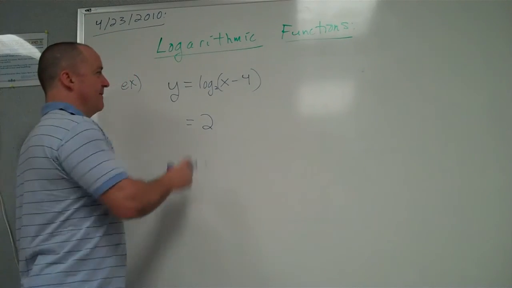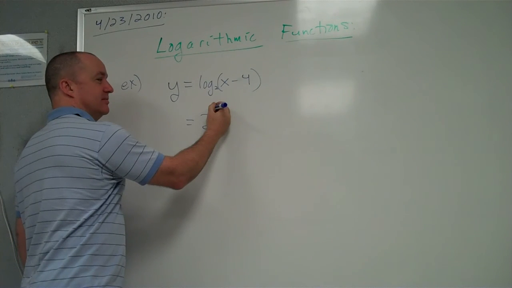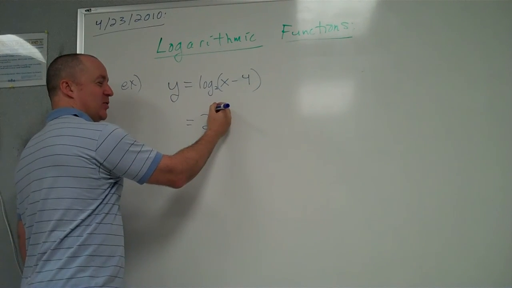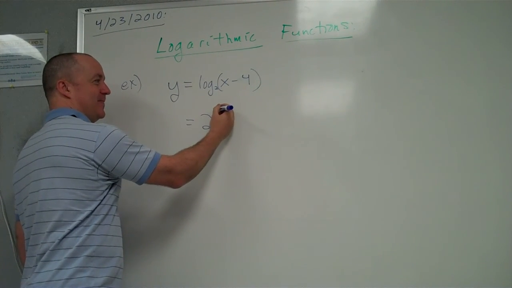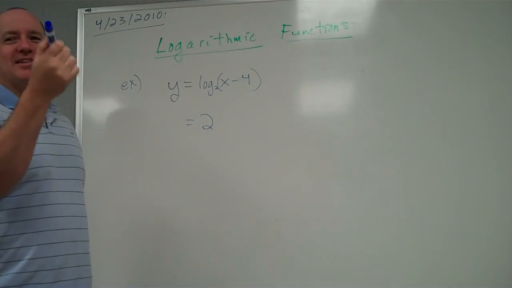Very good memory. So whatever the logarithm is equal to goes in the exponent spot. So what am I going to write here in the exponent spot? Negative 4. Amanda just had it. Now, the logarithm